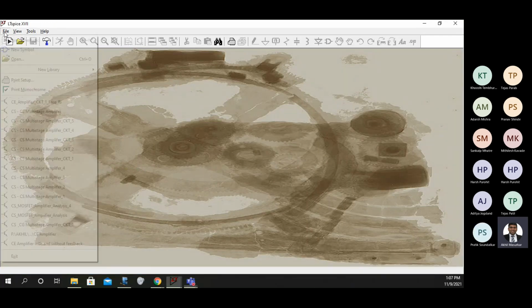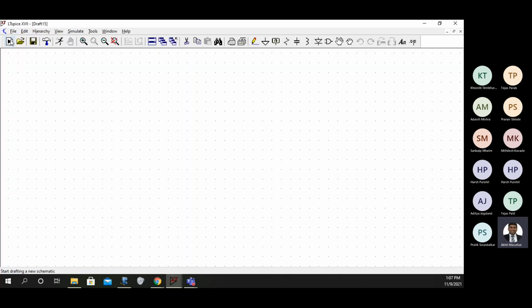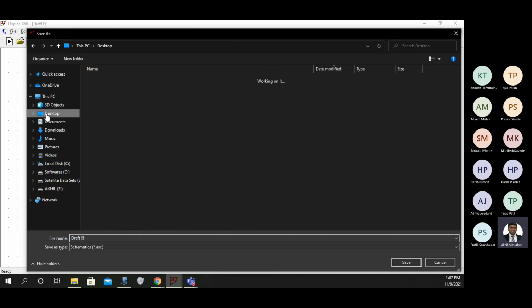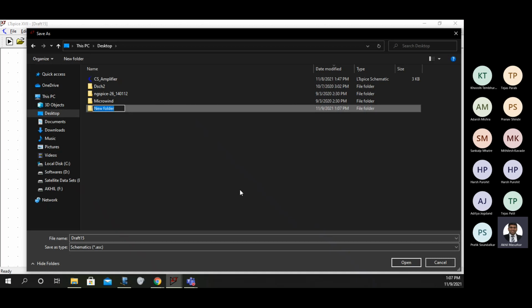So first I want you to open a new schematic file, and let's name this file first, File, Save As. On the desktop I'll make one folder, because I'm going to have lots of files.